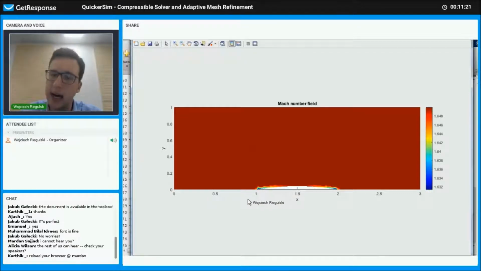In the nodes that lie on this bottom boundary, we have already enforced the non-penetration boundary condition. And the reason that we do that